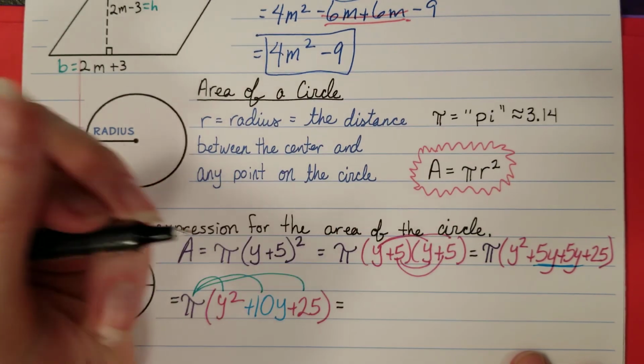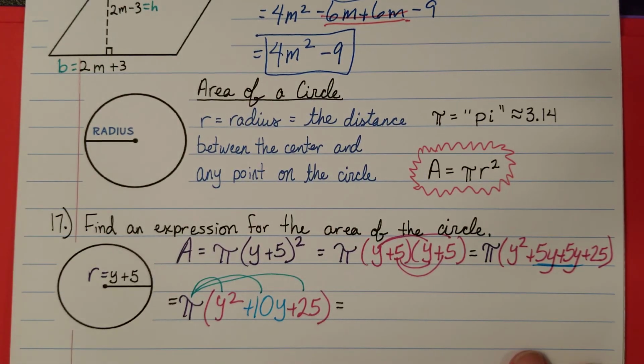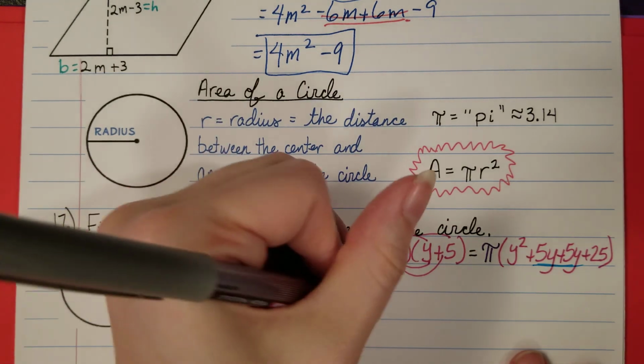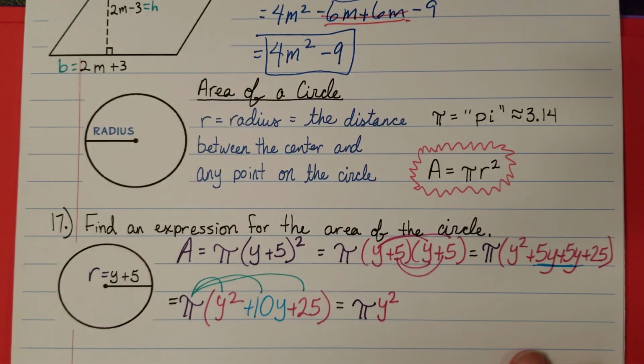Okay, so typically for each term, if there's a numerical coefficient, that'll go in front, and then the pi, and then the variable, which in this case is y. Okay, so we're going to have pi y squared plus